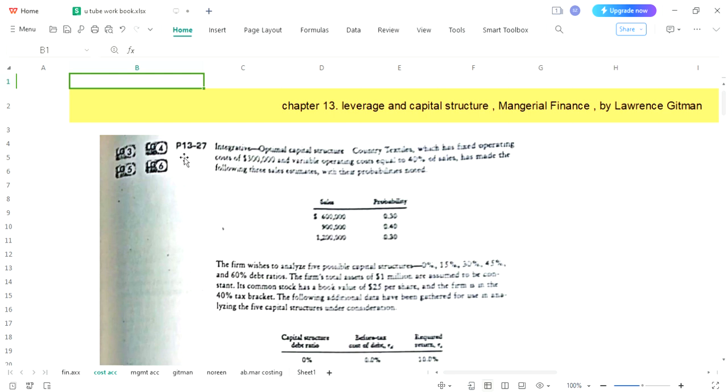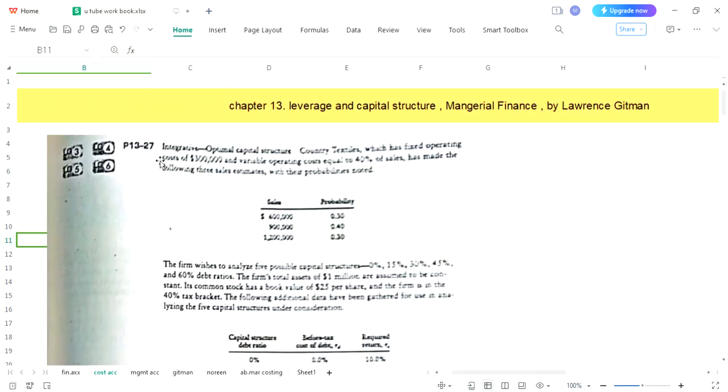Today's target is to solve the next part of 13.27. The chapter we are dealing with is Leverage in Capital Structure, from Managerial Finance by Lawrence Gitman. As you can see, this question